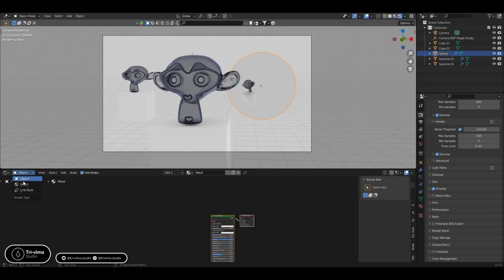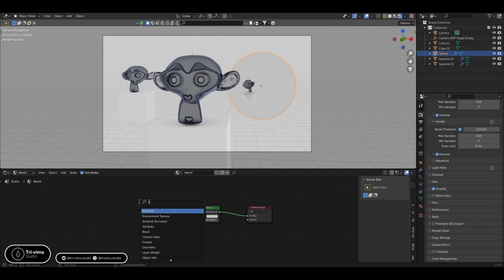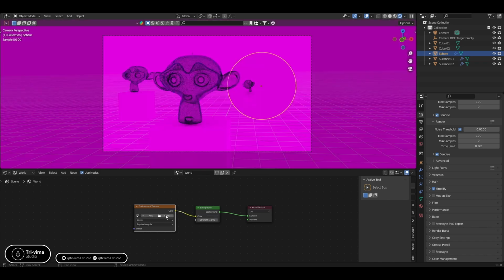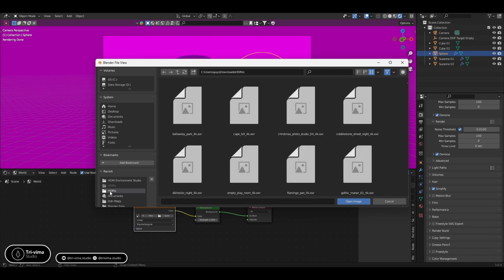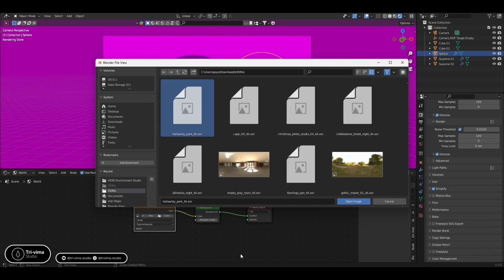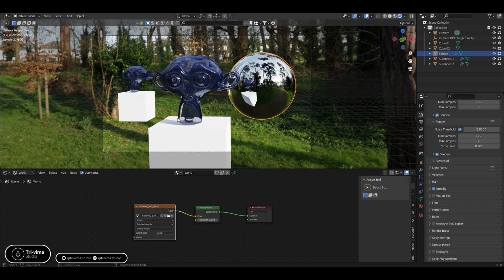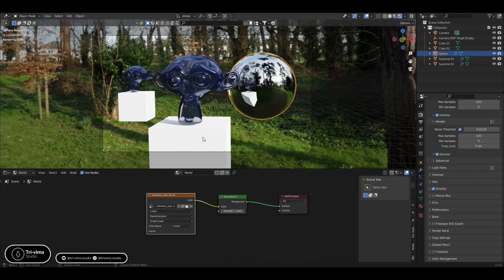Let's create an HDRI. For that, I need an environment texture. Let's put it here and connect it. Okay, we need an HDRI image. So let's try this. Okay, so now this is the HDRI image, and for that I need a little more control over the HDRI. So let's add